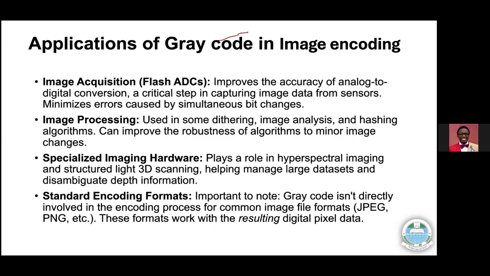It's also used in specialized imaging hardware. It is invaluable in hyperspectral imaging and 3D scanning with structured light. Hyperspectral imaging is an advanced imaging technique that captures a very wide spectrum of light for each pixel in an image. Normally, what we can see as humans is